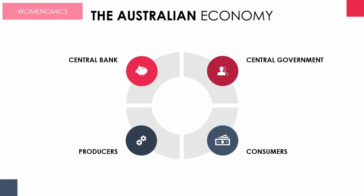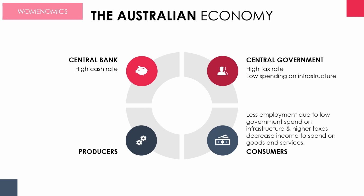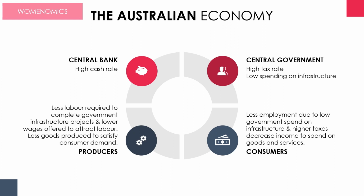On the flip side, if the central bank sets a high cash rate, so therefore you've got high mortgages, high interest rates on cash accounts and term deposits, and then the central government has high tax rates and does not spend a lot on infrastructure, you can probably get a sense that what this would cause is, well, given there's no to low infrastructure projects being built, the government spend being low would cause there to be less demand for employment. With higher taxes, it would also mean that there would be less incentive for people to spend because they're trying to meet their high tax bills and there's less employment, so they need to be able to put food on the table, pay their electricity bills, and probably will not spend as much on general excess goods and services,